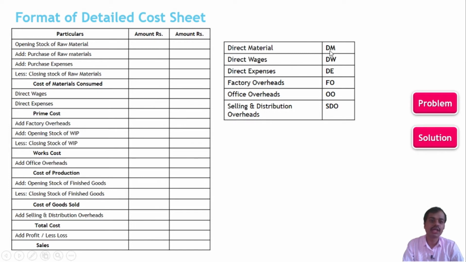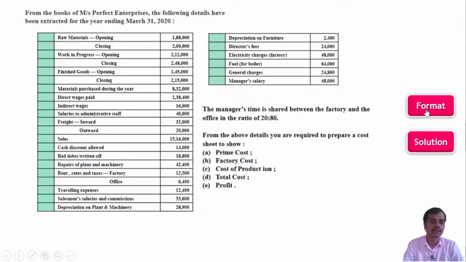The heads we have given initials: for direct material we use DM, for direct wages DW, for direct expenses DE, factory overheads FO, office overheads OO and selling and distribution overheads SDO. Let's look at the problem. We have to classify all these items in the given heads which we have seen in the format.